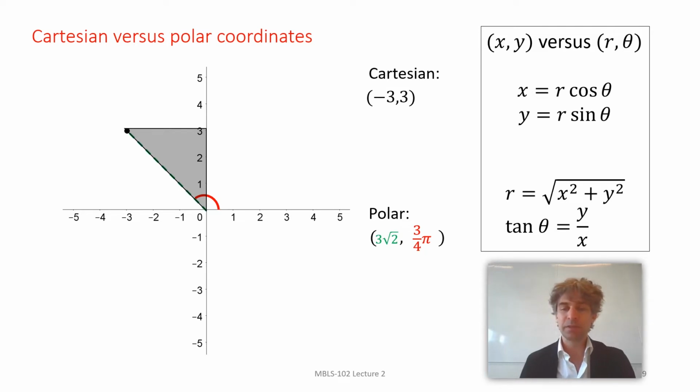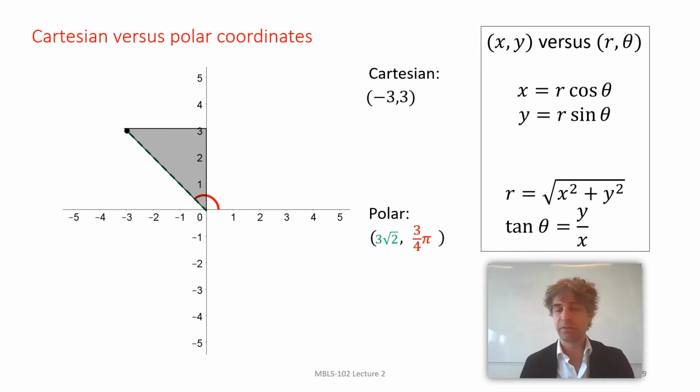And then the other one gives you a formula for the tangent of theta. So you have to watch out a little bit. You get the tangent of theta is the y, that's 3, divided by the x, minus 3. So we get -1. And actually, if the tangent of theta is -1, you can still have two thetas, namely either 3/4 of pi, which is the correct answer, or